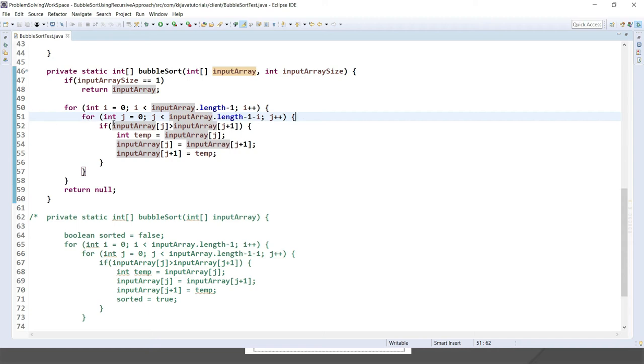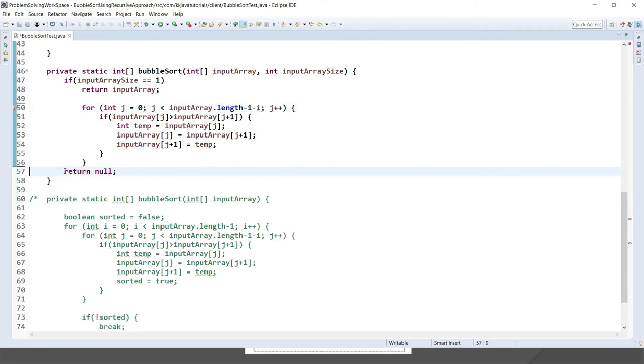So here I'm going to remove one loop over here, okay? And here this variable name I'm going to change. Let's say one variable we have, so let's keep it as I, okay? Now minus I is not needed.